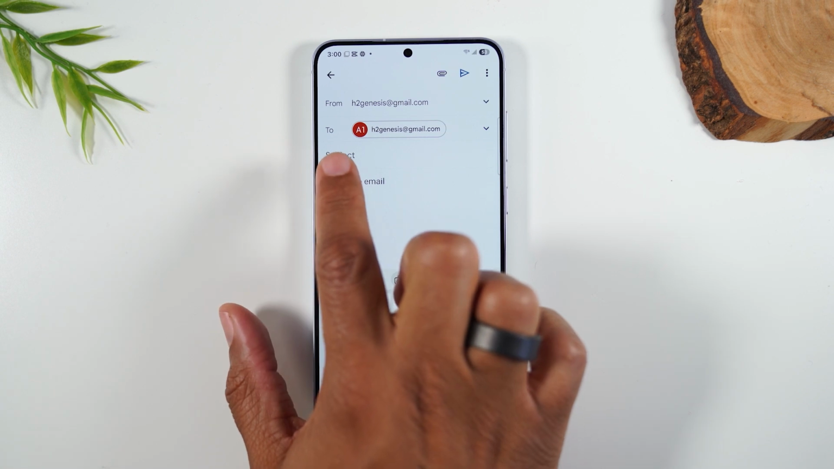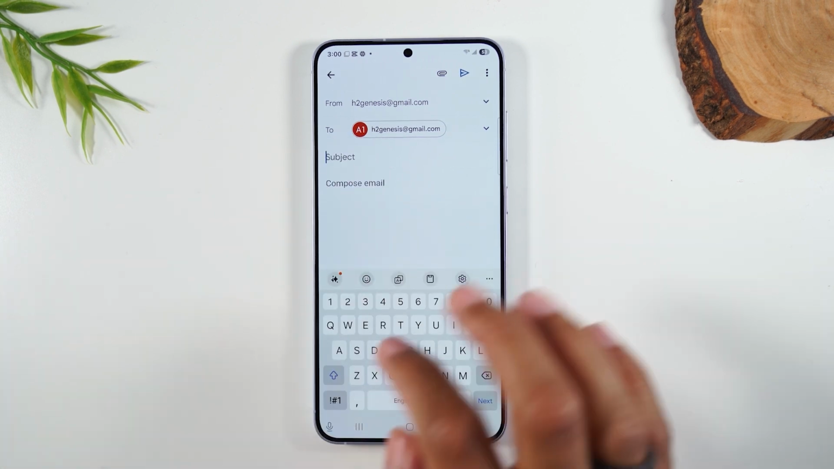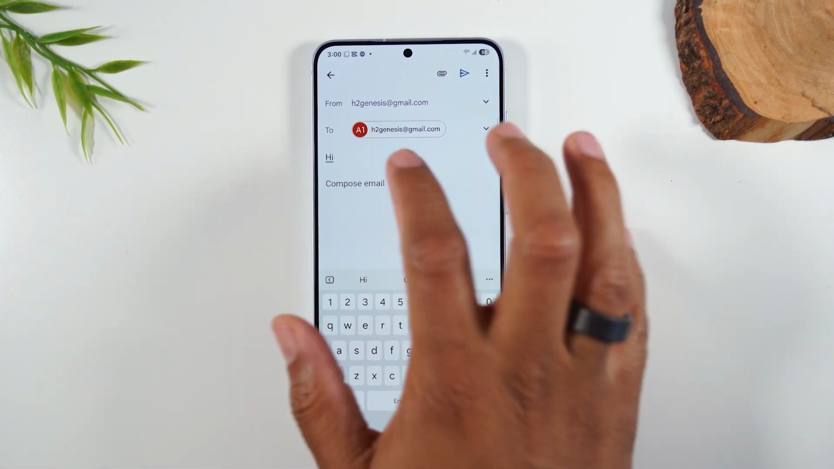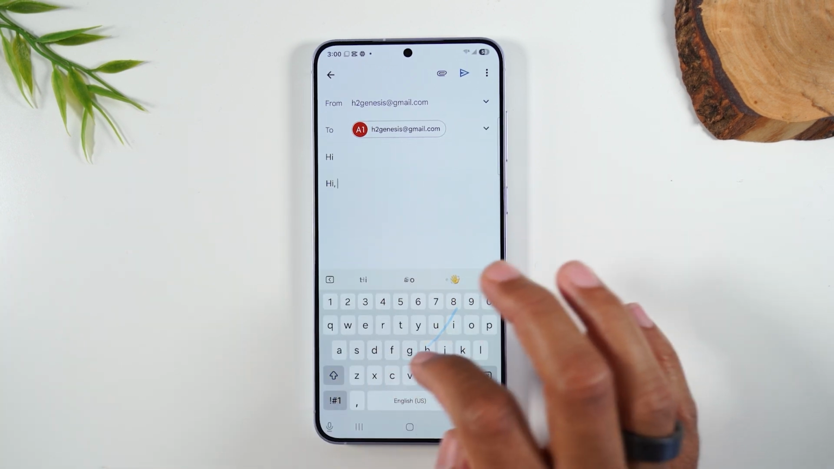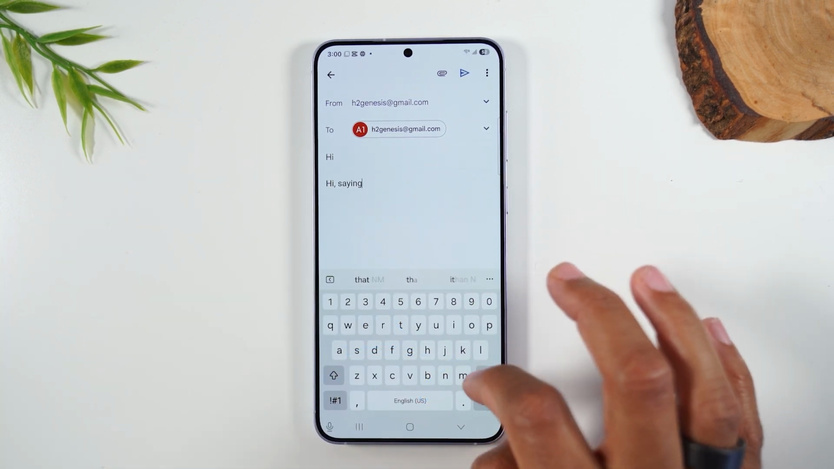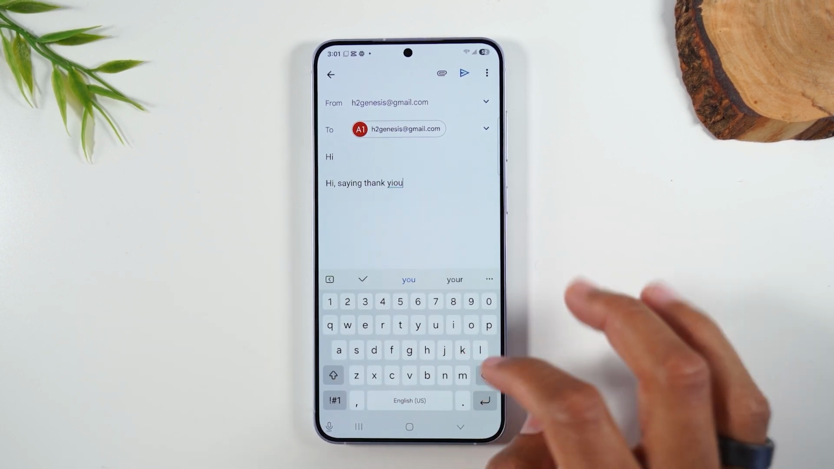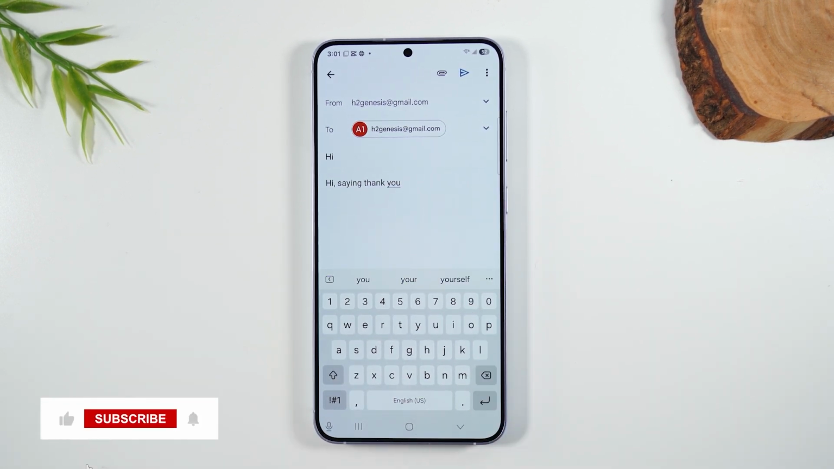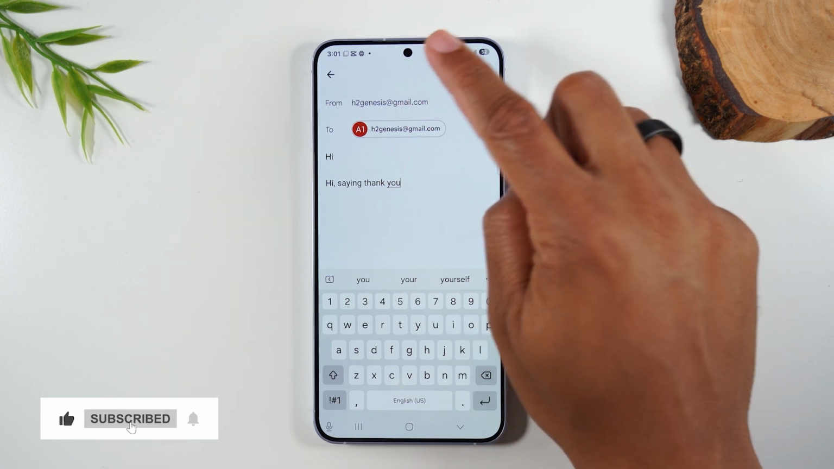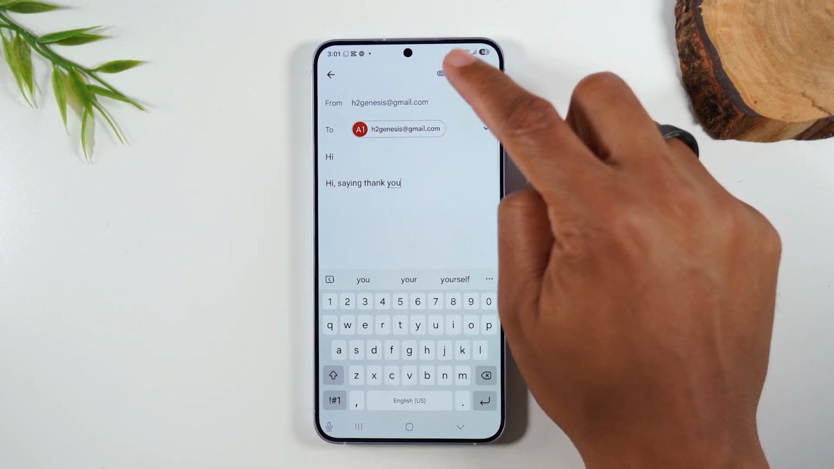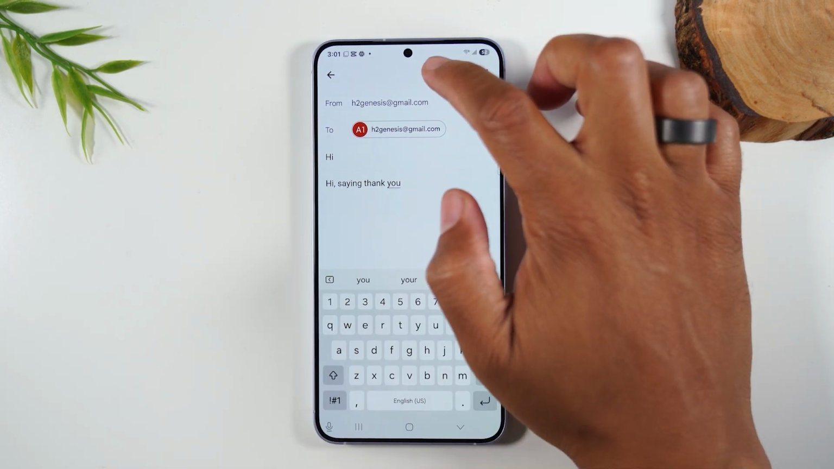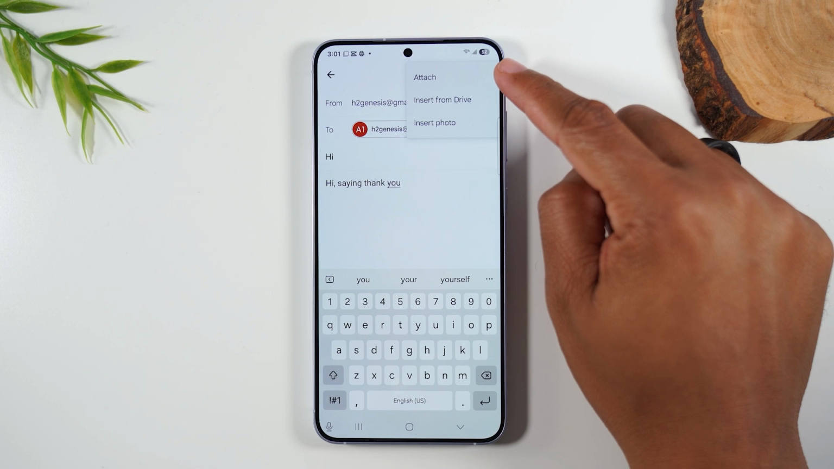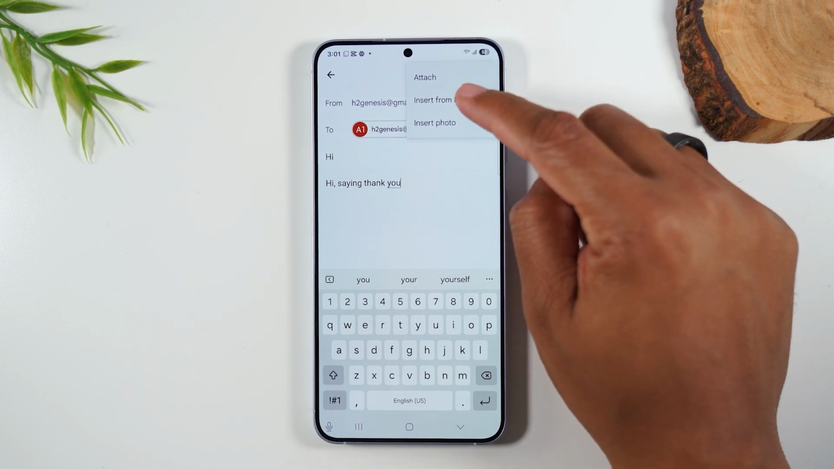It will take you then to the subject, or you'll tap on subject and you can put hi, whatever you want it to be, and then tap where it says compose email, and then write your message. Hi. Now when you're finished, you'll come to the upper right corner, you'll tap on the little arrow, and that will send off the email. If you want to attach a file to it, a document or a picture, you'll tap on the paperclip,